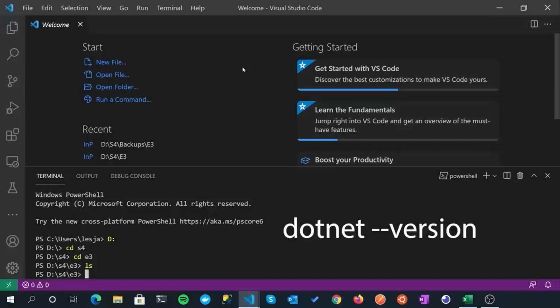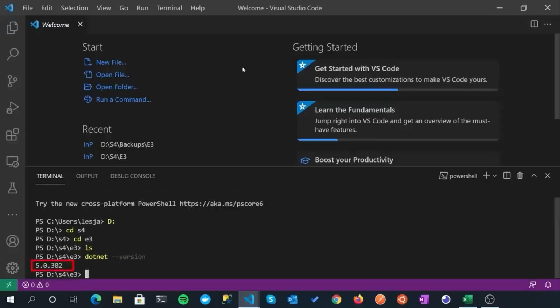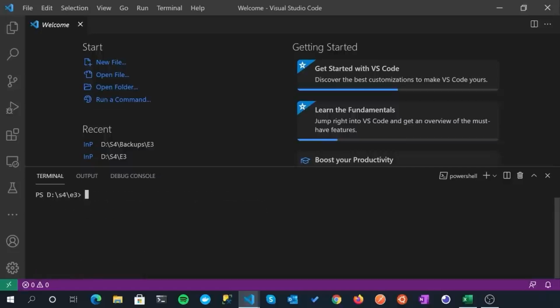So the first one we are going to set up, now actually before we do that let's just do a .NET --version, just to check the version of .NET that we have installed, and it's version 5. I would strongly suggest you use version 5 and not 3.1, which probably will work, but you might have to make some tweaks here and there to get it working, so go with version 5.